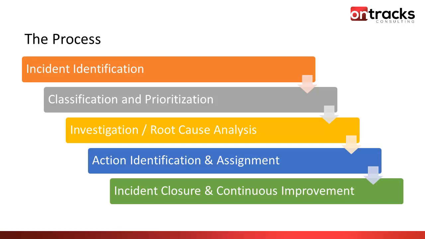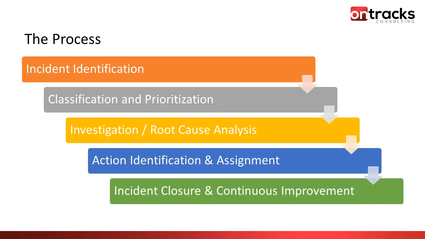They're going to classify it, prioritize it, determine the severity and so forth, maybe identify the harm to people, harm to property, the environment, and all that good stuff. And then from there, it's going to potentially go into an investigation and root cause analysis. So you may have a formal investigation process or root cause analysis process. You might use SCAT or 5 Whys or whatever you might be using to identify what the causes of that